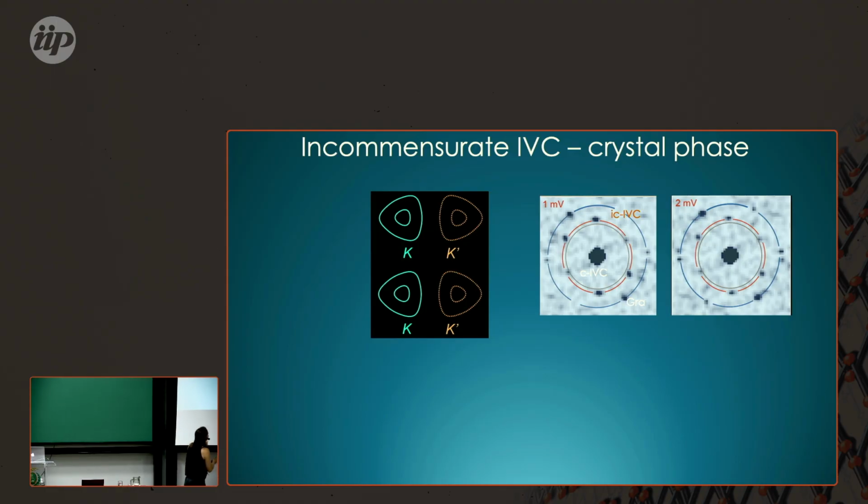And then we found out that they actually don't fall exactly on the location where the commensurate intervalley coherence peaks should appear. So this means that we have an incommensurate charge density wave, that is not commensurate with the crystal structure, but deviated,